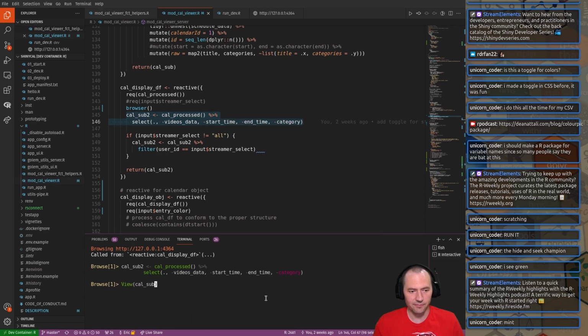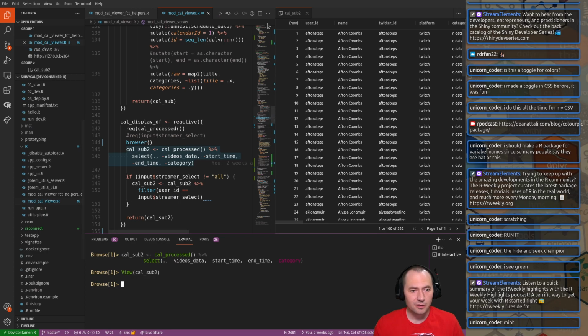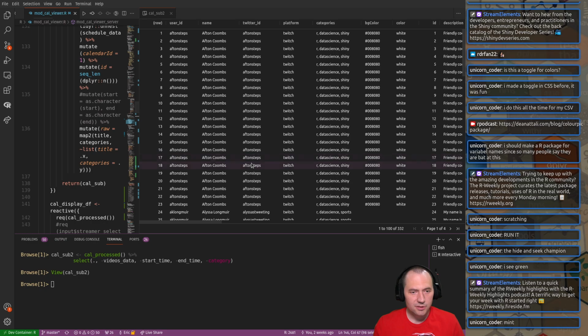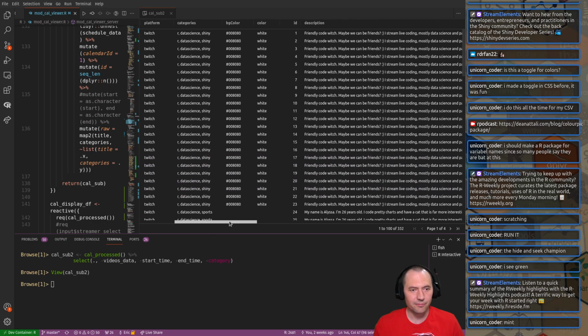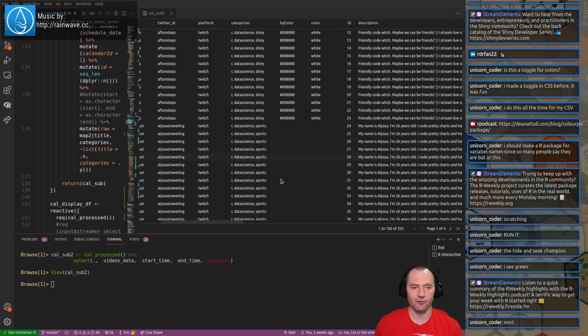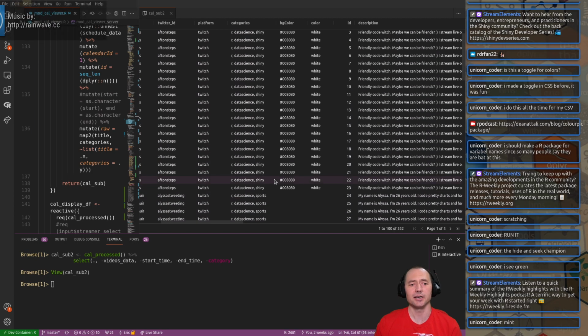We'll view that up and see what we got. Okay, so the color is here. So notice for Afton, it's populated, but for everyone else, it's not,